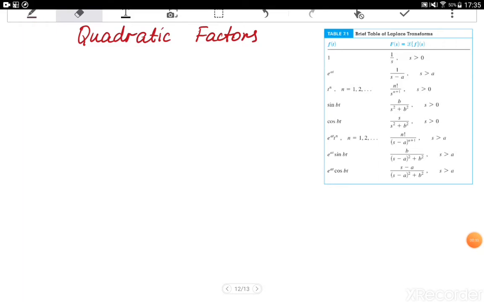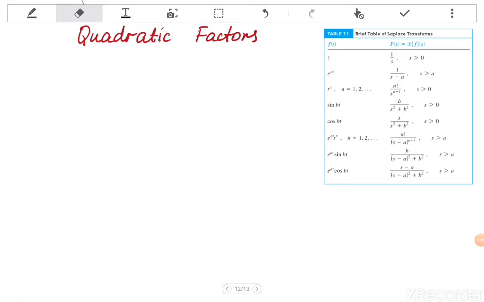This is part 6 of the second lecture of week 9, and this is the final part of this lecture where we discuss the third thing that you may get using the method of partial fractions. You may get quadratic factors in the denominator. What does it mean? It means that your function can be, say, some polynomial in the numerator, and in the denominator